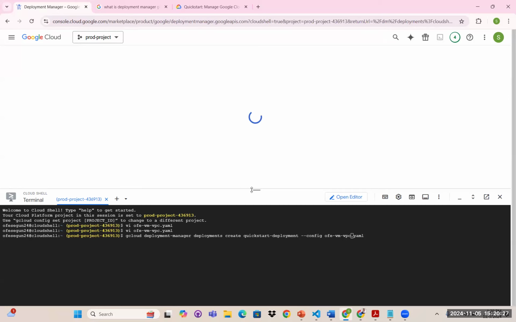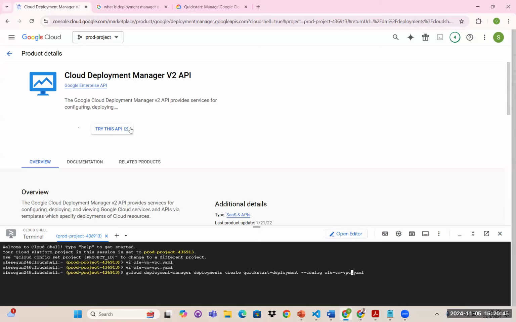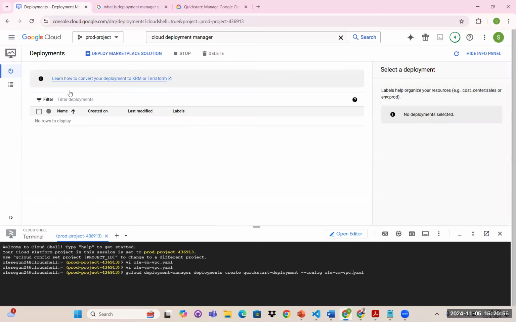So I have to enable the Google Enterprise API. So click on enable. Right, it's going to enable that so that I can actually perform this operation. So while it's enabling, I'm just going to go to my virtual machine. Okay, let's come back. I'm just going to come back to my virtual machine. So Compute Engine,